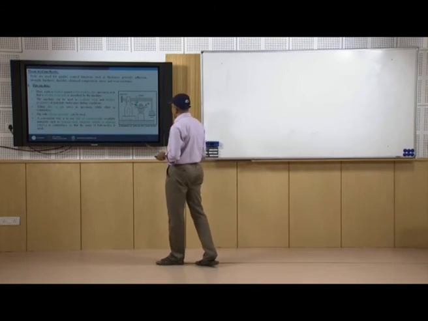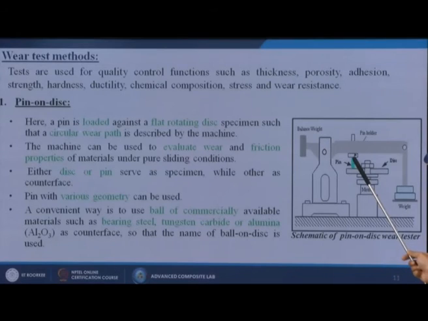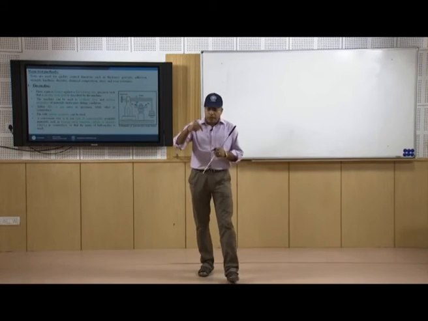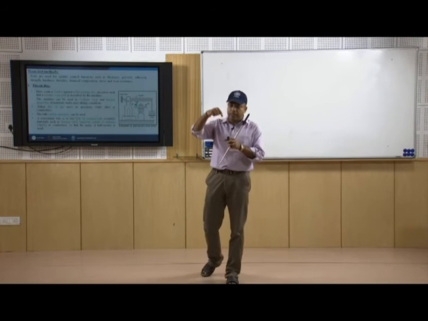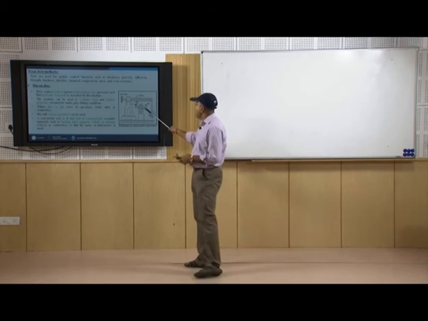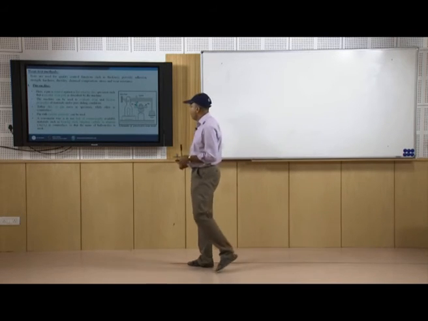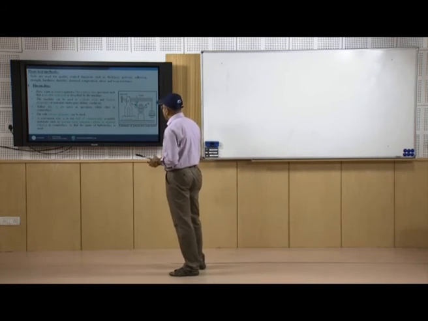In the pin on disk method, we make our sample in a pin formation. There is one pin holder which is holding our material in a pin form, and then we have a disk. That disk is made of some kind of abrasive particles. Our pin, or our substrate material, gives a continuous load onto the disk, and this disk is rotated by a motor at different RPM. We can change the rotational speed of our particular abrasive disk.